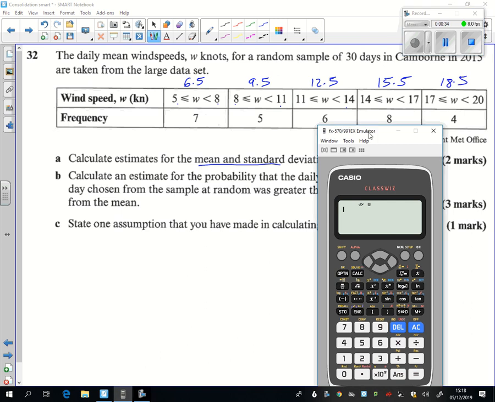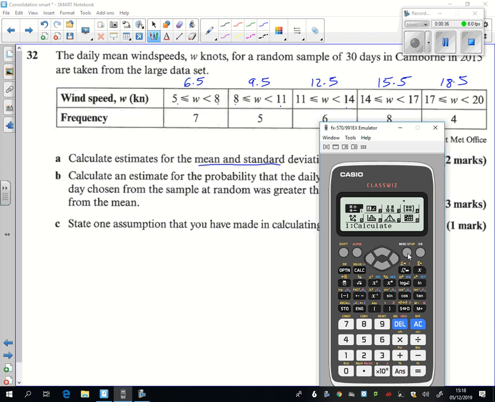So going into the calculator now, I'm going into the statistics menu here, which is number 6, and one variable statistics. The x values are those values that I've just got there. I'll pause while I do it. As if by magic they all appear. Put all the data into the calculator, push all clear to get out of the table,